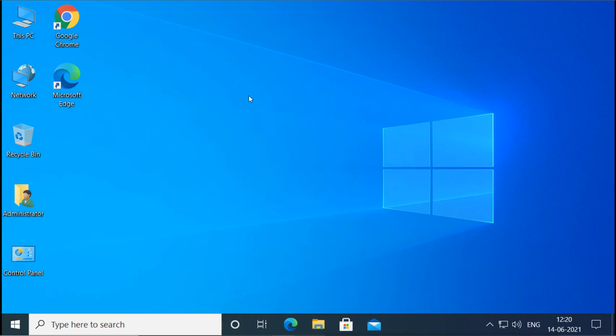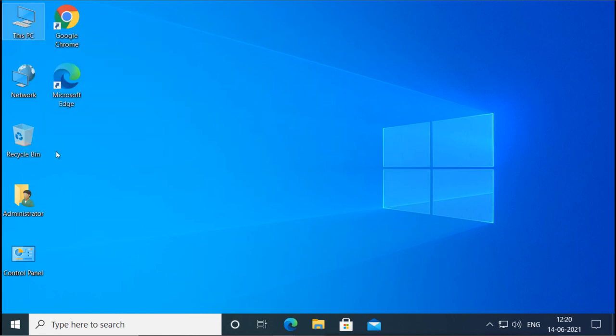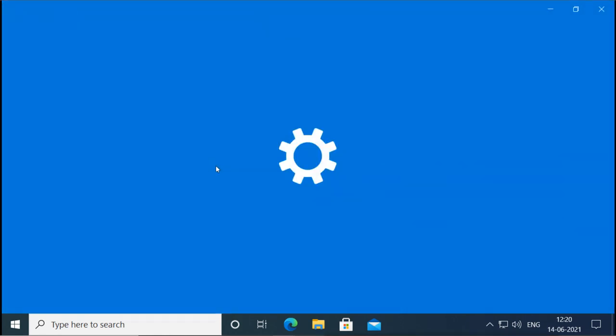This is our Windows 10 machine. Now this Windows 10 machine, we can make this machine a client of our domain. Right now it is not a client. We can check by going into the properties of this computer, or we can go to control panel directly.